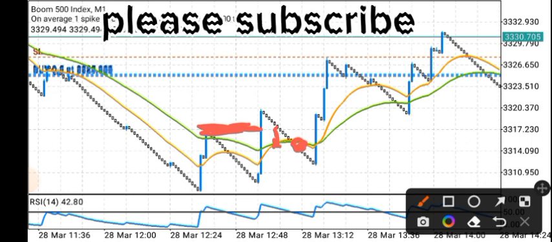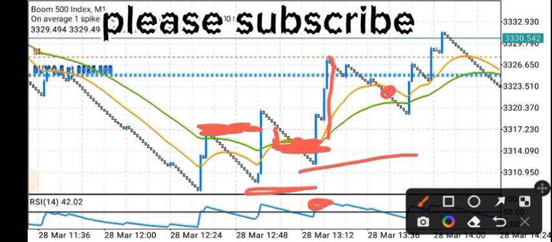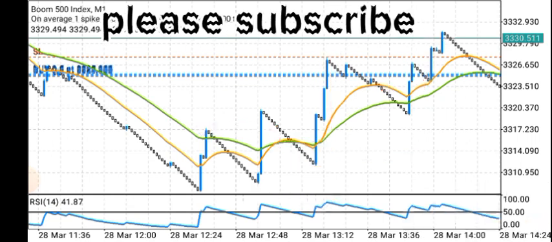As soon as it comes back here and you see that this thing is above the 50 level, then you want to take your buy right away. Then you want to place your stop loss below here. You can see what happened. Boom, you got your profit. You got these spikes and you made your profit. You exit, wait for it to come back again. As soon as it comes back, you take a buy. You place your stop loss below this series of spikes here. Then you can see what happened. Boom, you got your spikes just like that.